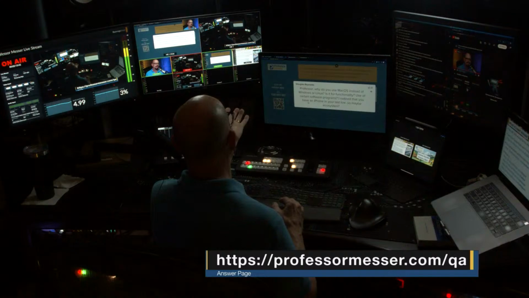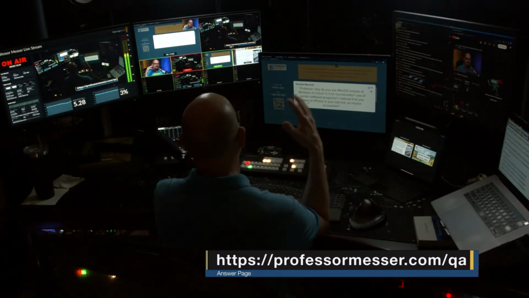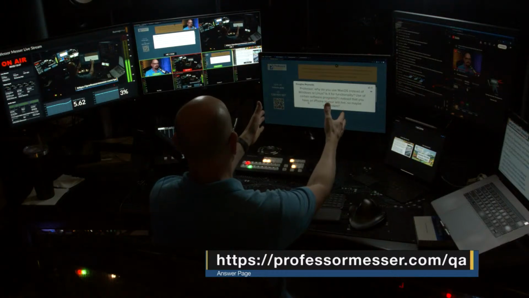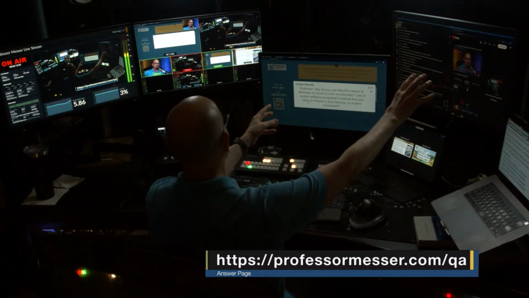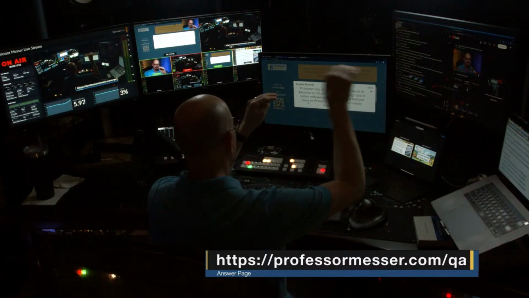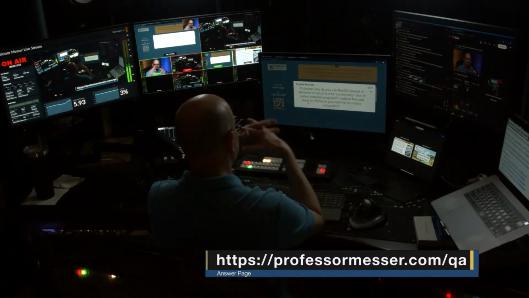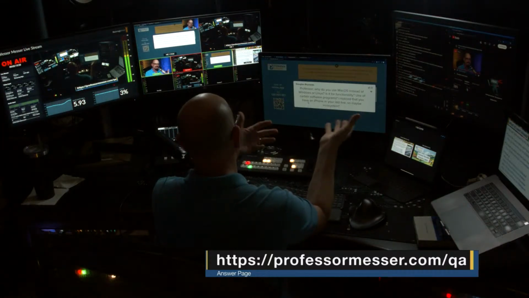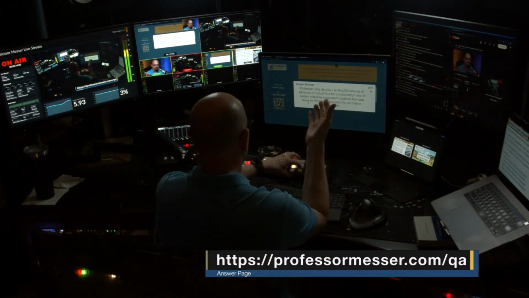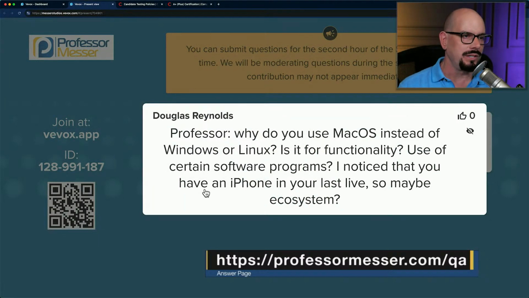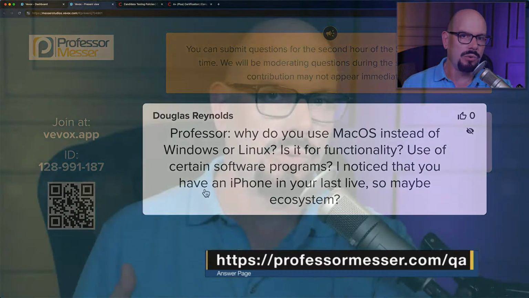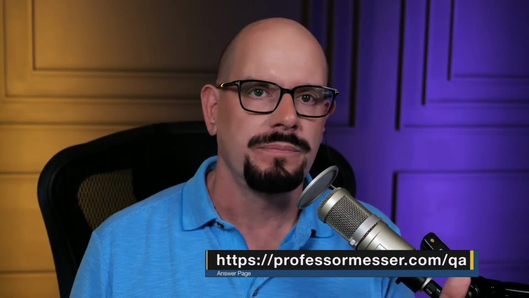So for those of you that have seen the view from the bird cam, this box in front of me is Mac OS. I have a secondary monitor for Mac OS that I also use for this. Those are the two main screens that I usually use during the day. So Mac OS is my primary desktop. However, we've got plenty of Windows systems that we use here. So we use Windows for a lot of different purposes because every operating system is good. Sorry, people that wanted to fight about what was the best thing and what was not the best thing. All operating systems are good because I use all of them.